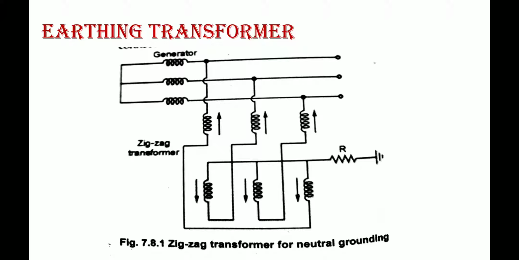For example, when the system is delta connected, there is no neutral point in that. In that case, this grounding transformer provides a low impedance path to the neutral itself, and it also limits the transient overvoltages. These transient overvoltages occur during ground faults. So the main reason for the earthing or grounding transformer is to provide a path to an ungrounded system.